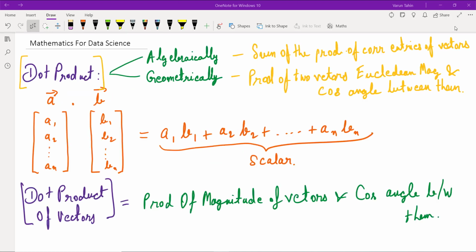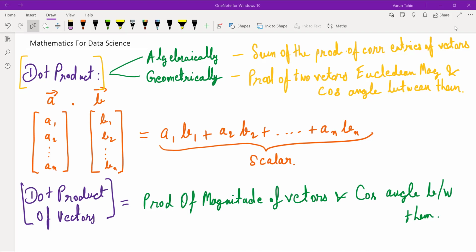So let's start. Now, as you know, a vector is a quantity that has both magnitude and direction. Some mathematical operations can be performed on vectors, such as addition and multiplication. The multiplication of vectors can be done in two ways, that is dot product and cross product. So in this session, we will talk about the dot product of two vectors with the help of some examples.